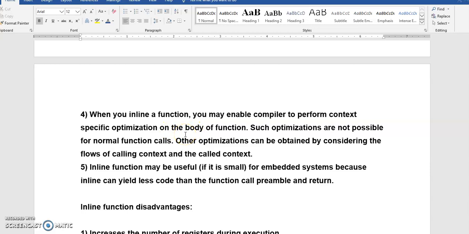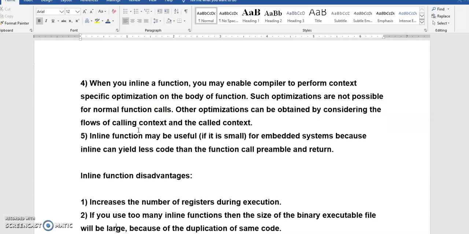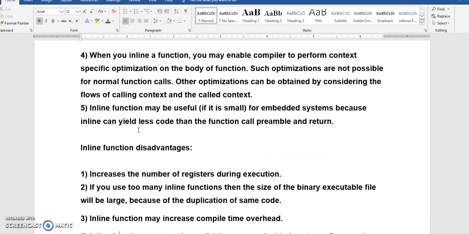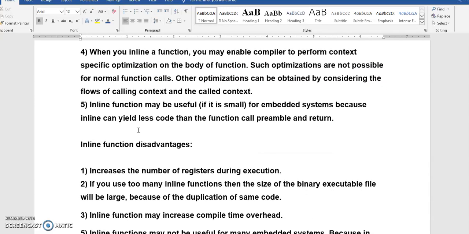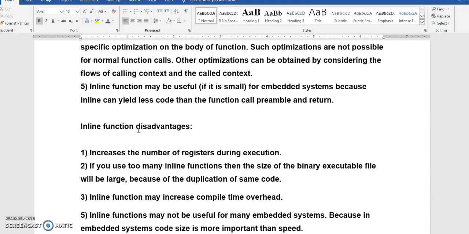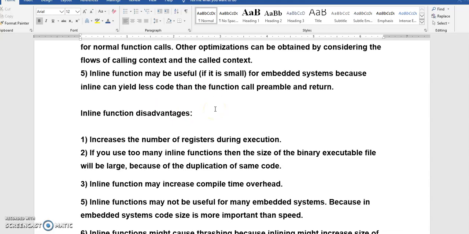Optimization is minimizing the code, making the program code effective. You will understand this part only if you learn more about it. Inline functions may also be useful in embedded systems, because inline can yield less code than a function call.